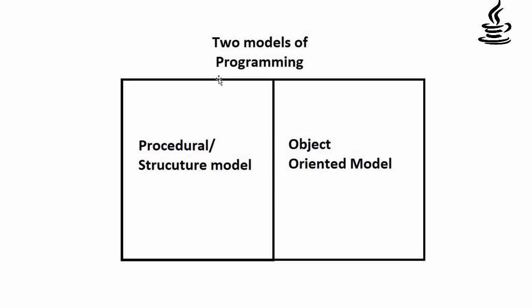Why this is important is because the procedural or structure model has its limitations, and it becomes really difficult to define a program using the procedural model when the program requirements are really complex in nature or are based upon real life objects. Nearly all the complex programs are built using the object oriented model. So to understand the object oriented model, or the corresponding object oriented programming, we first have to understand the concept